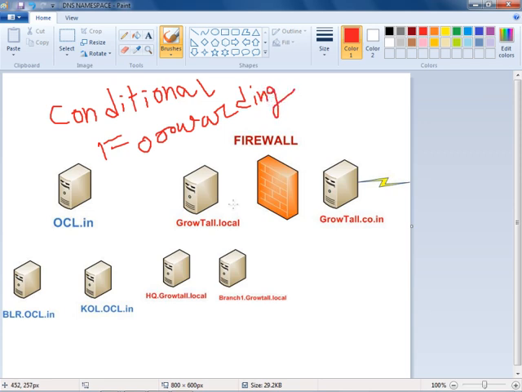This is a new feature in Windows Server 2003 Active Directory DNS and infrastructure. So what is conditional forwarding? Suppose from this growthall.local somebody wants to access a resource in ocl.in. If conditional forwarding is not set, then when this client tries to query and ask the DNS where is